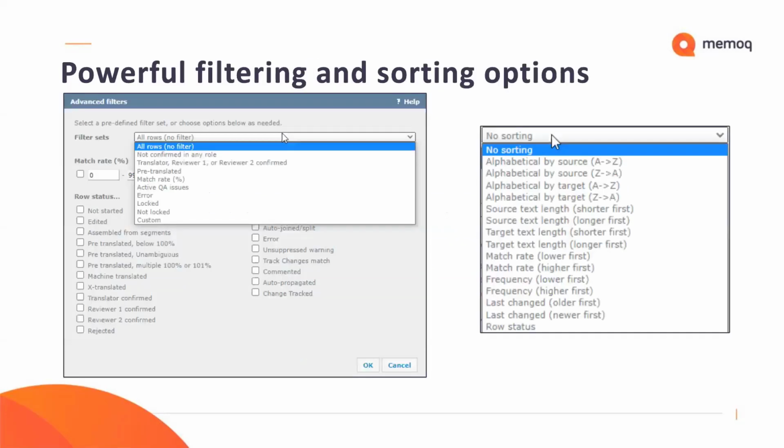Moving on, some of the heavy stuff. Filtering and sorting, they have been available in WebTrans for a while, but they were really limited in the options available. So now we introduced advanced filtering and sorting options. Basically, the sorting options are exactly the same as in the client, as you can see on the right side of the screen. And as far as filtering, we basically combine the first two tabs on the filters page or the filters dialog in the client